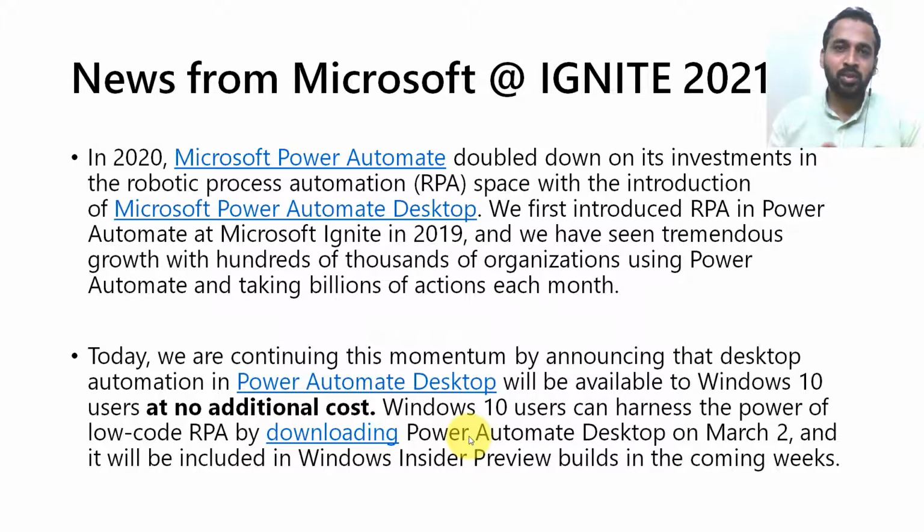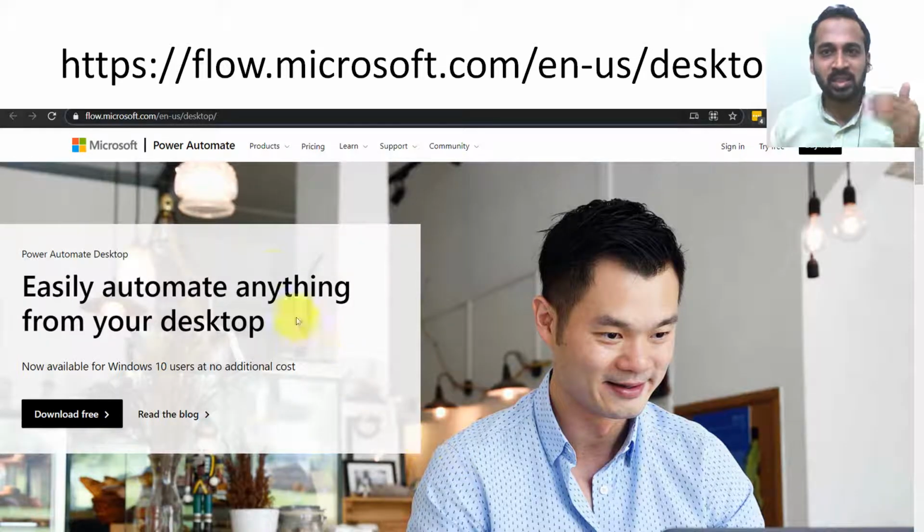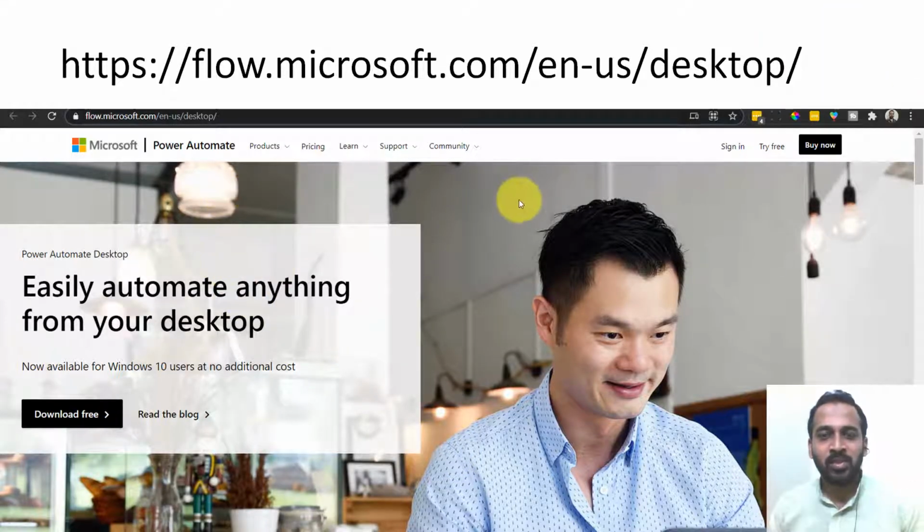So if you have already downloaded the previous version of Power Automate Desktop, then you have to replace this and re-download it again using this link. It will open up in the browser and you can download it from here. Because the old version will not allow you to use your personal Hotmail account, it only allows you to log in through your Office or premium account. But with this version you can easily log into your personal account. So let's understand how it actually works.